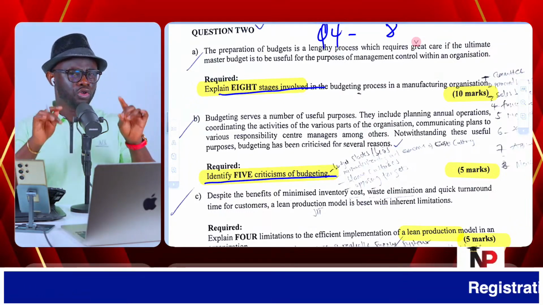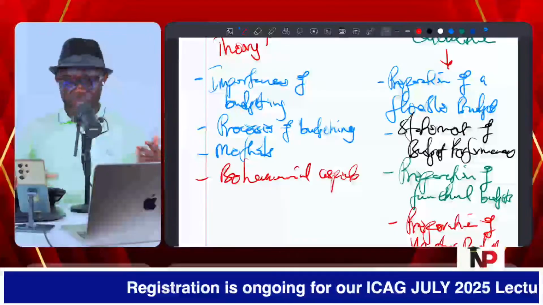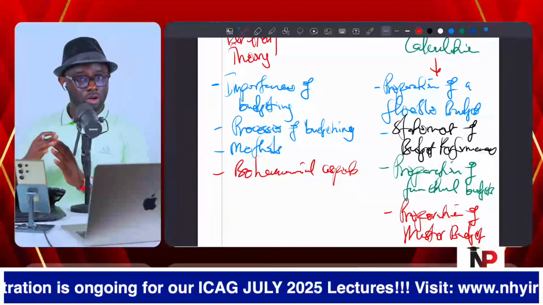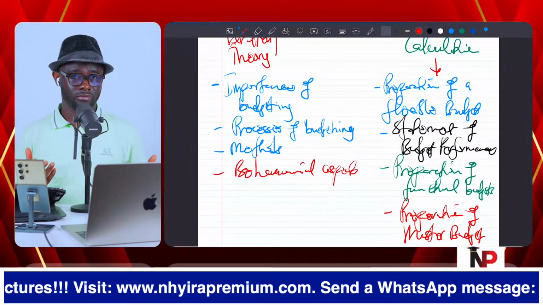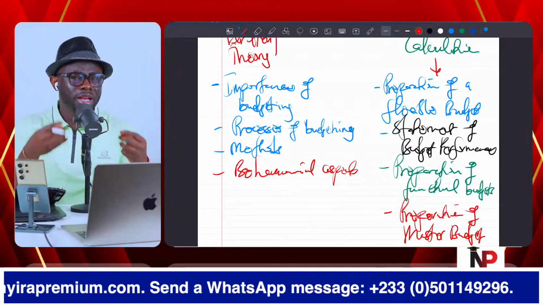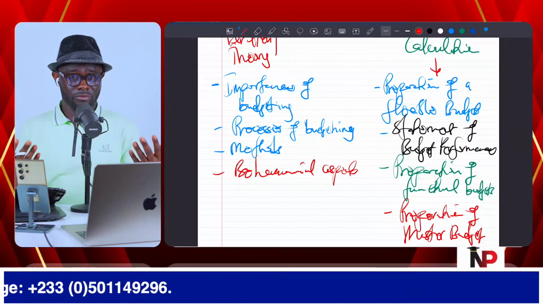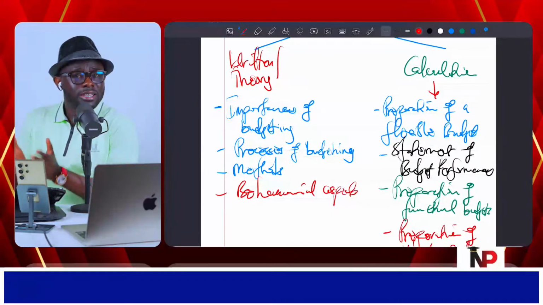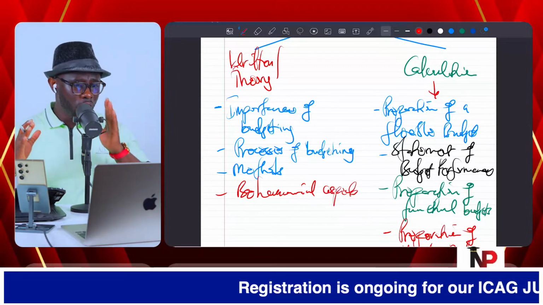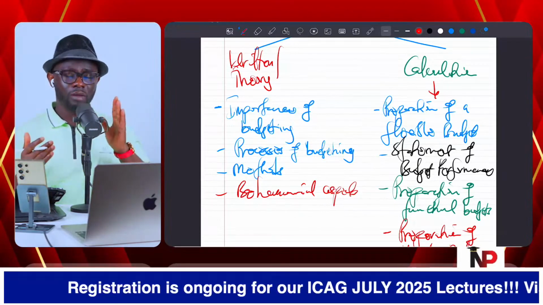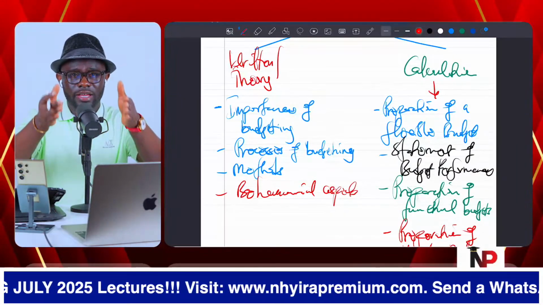So if you're a student who did not read these theories in budgeting and you were just focusing on the calculation, goodbye, my friend. And that is the beauty of management accounting. I know you're going to say, how beautiful is this? It is beautiful. Why? Because this is the syllabus. You cannot prioritize the calculation over the written part, and you cannot prioritize the written part over the calculation. The two go hand in hand.